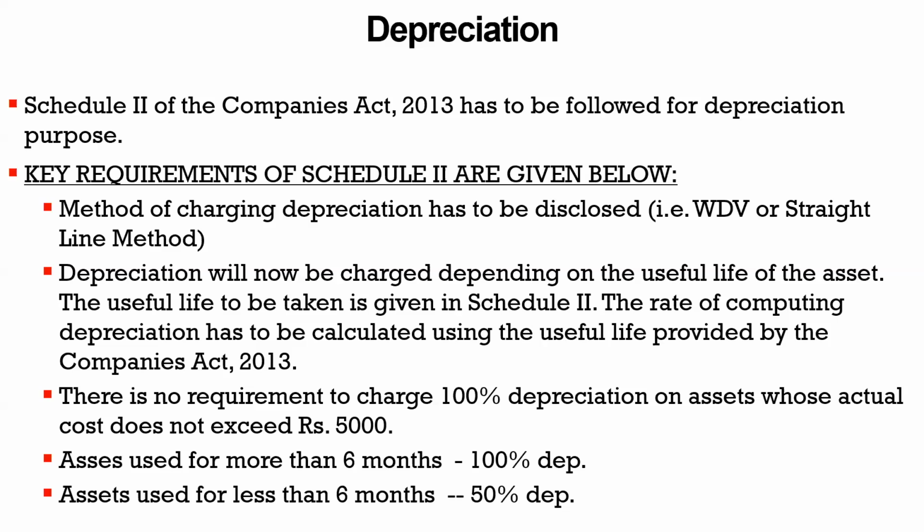Suppose our motor car is for 1,000 rupees, taking a very small example just for illustration, and residual value is 5%. 5% means 50 rupees. So in 5 years we have to depreciate from 1,000 to 50 rupees. 950 is the amount we have to depreciate. So the rate has to be calculated in this way. If you calculate a constant rate on WDV for 5 years, at the end of the 5 years you should have in your books 50 rupees for a particular motor car. So that is the difference between the old Companies Act and the new Companies Act.